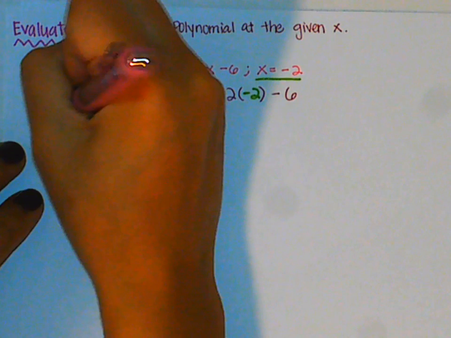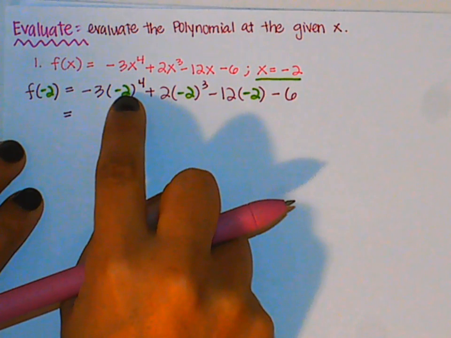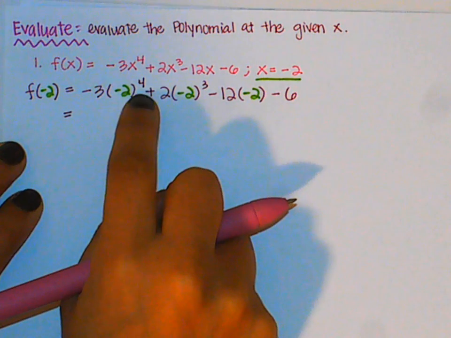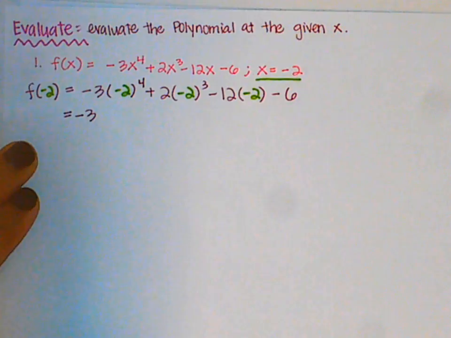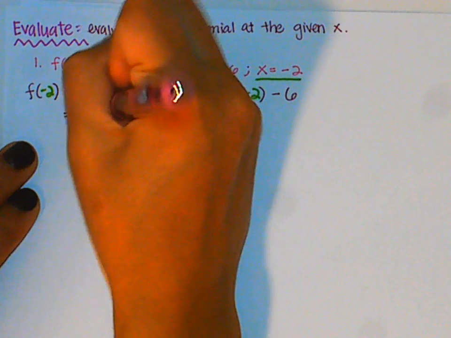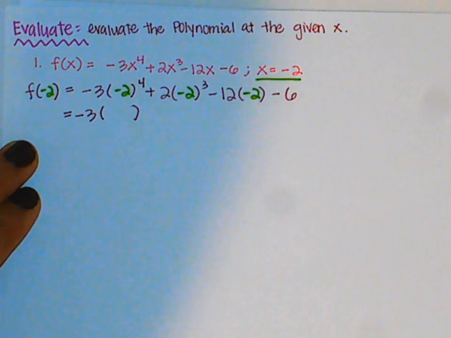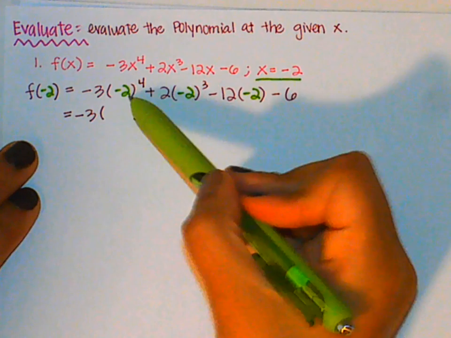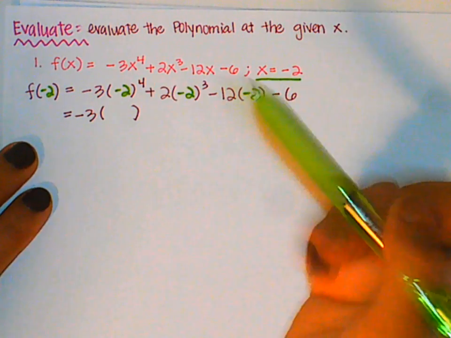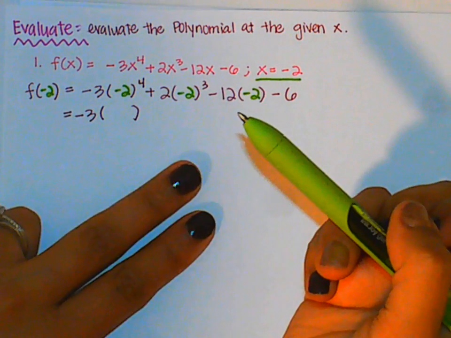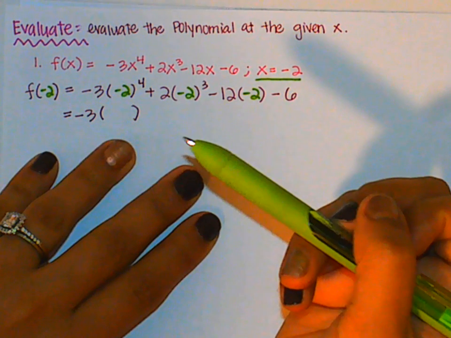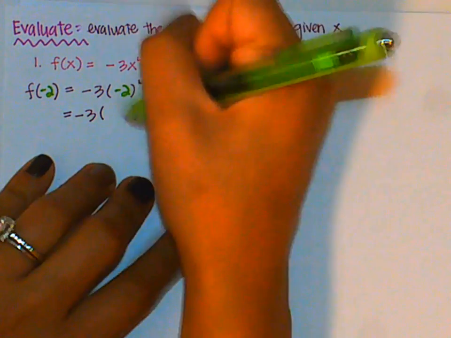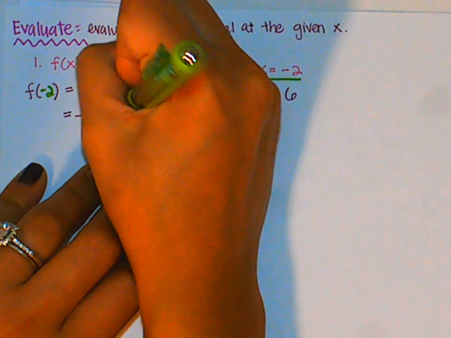So you want to make sure that you solve this part first. Remember, you always do exponents before multiplication. So I'm going to bring down this -3 for now, and I'm going to multiply that by -2 to the power of 4. So that's -2 times -2, which is +4. -2 times -2 is a +4. So +4 and +4 gives me a +16